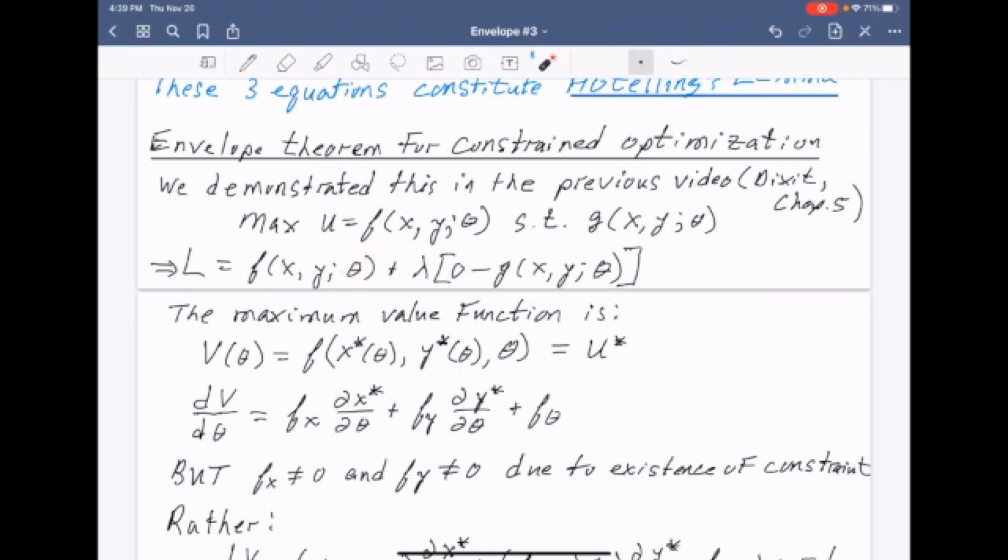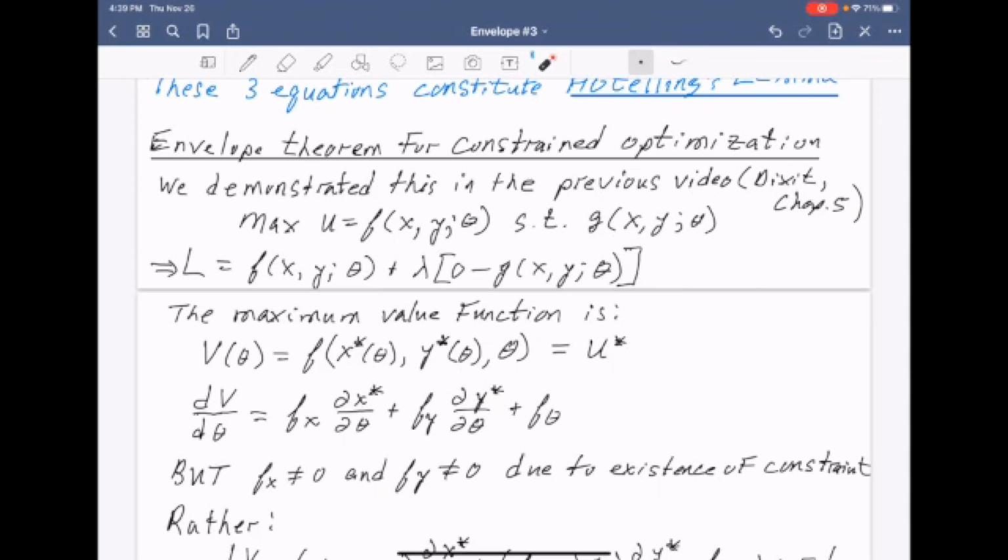So what we've done is we've put in these optimal values and we've got theta, and that's equal to U star. Remember that by the envelope theorem, the maximum value function and this U star, which is the direct utility function,